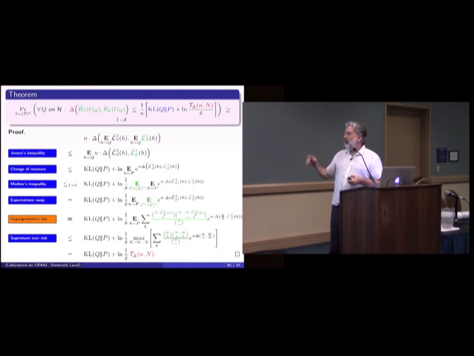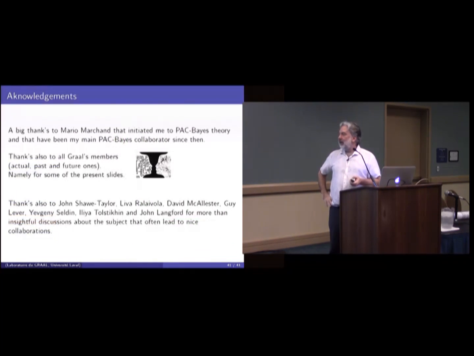It's okay. And what you can see also is, for example, people don't like KL divergence, but then you have to change your change of measure. And there's a way to do that. There's a PAC-Bayesian theory that allows you to do stuff with Rényi divergence, for example, and things like that. You have a lot of possibilities, and basically when you want to play, you play with one of those six steps.